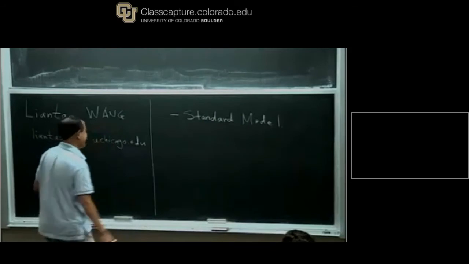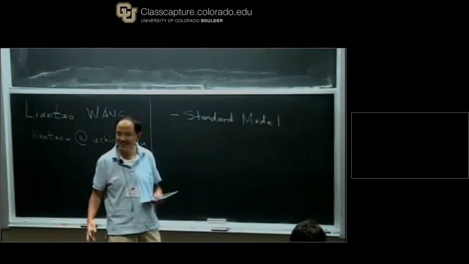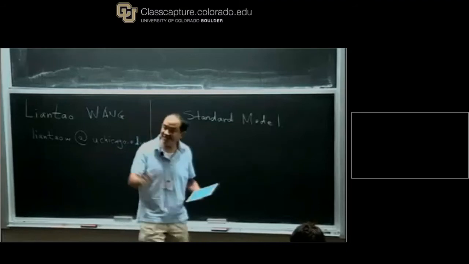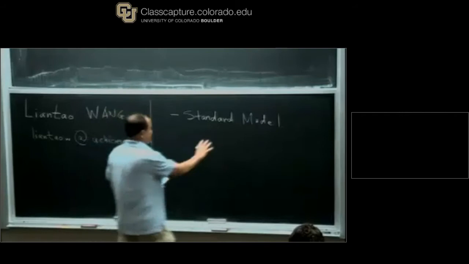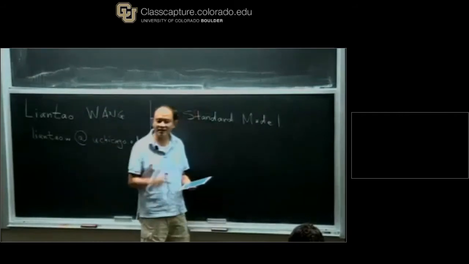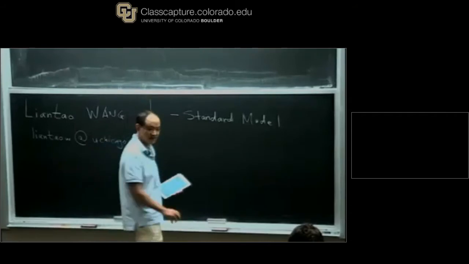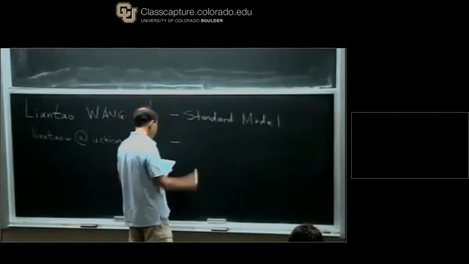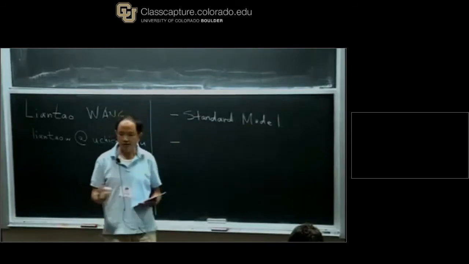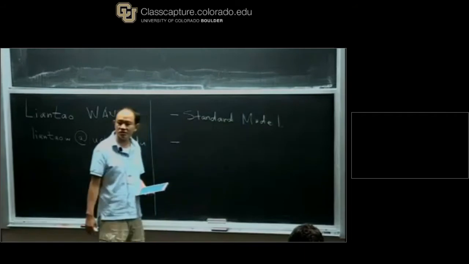I'm going to start from there. Hopefully I'm presenting it in a way that is slightly different from what you learned in your particle physics core class. This is really setting the stage, outlining some of the problems or open questions